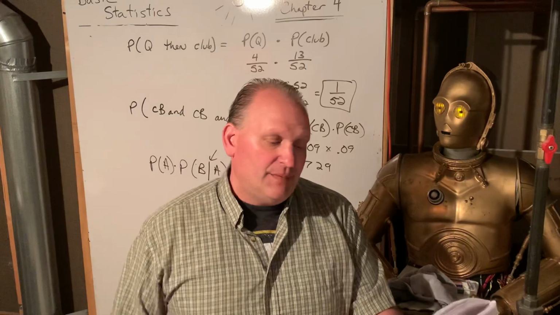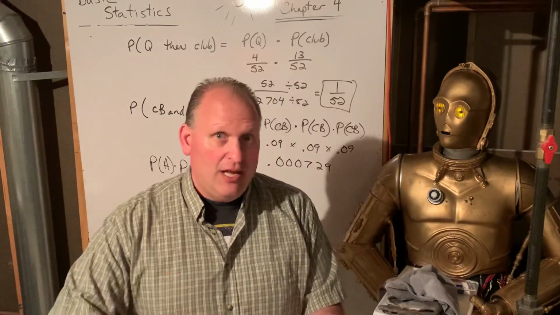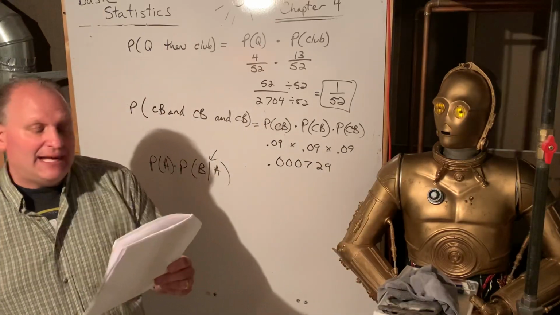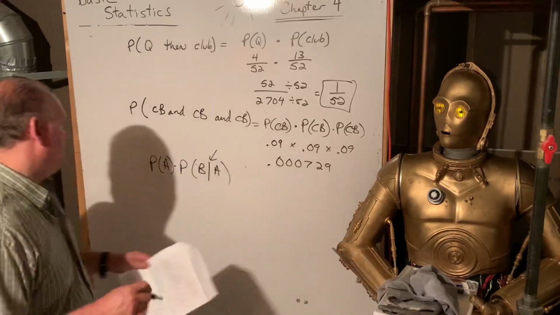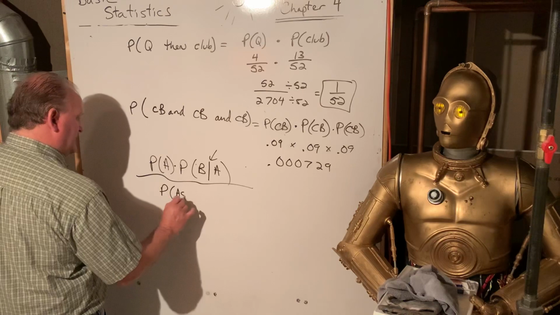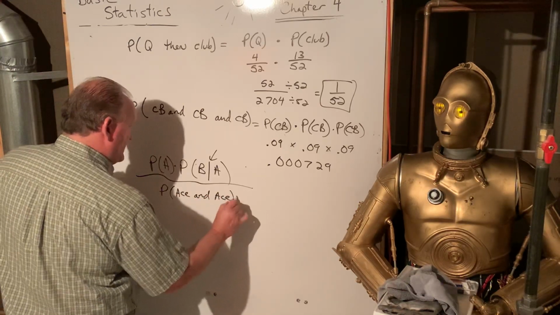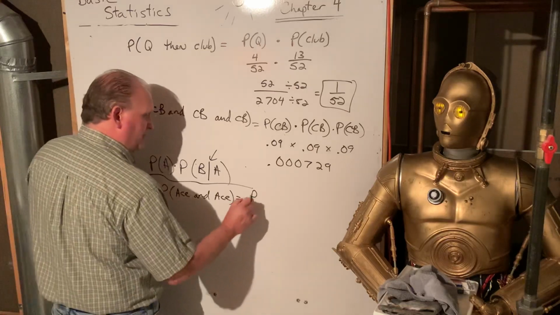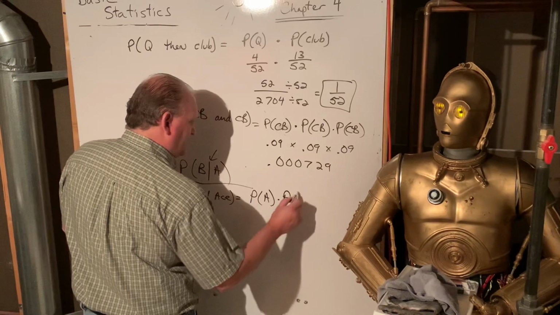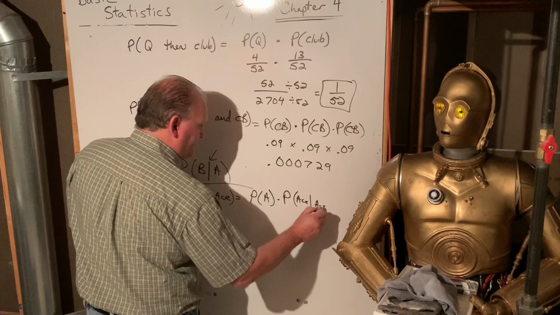So let's see. Suppose 2 cards are drawn from a deck without replacement. So I'm going to draw one, look at it, draw another one, and look at it. So not put it back in and mix them up. Find the probability they're both aces. So we want to know the probability of ace and ace on a dependent scenario. So this is the probability that you get an ace times the probability that you get an ace given you already got an ace.